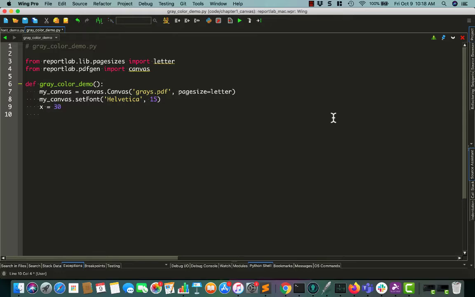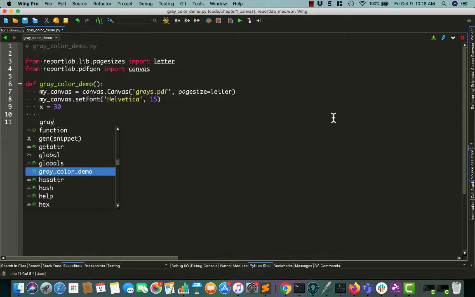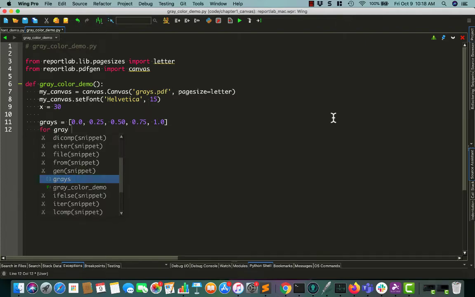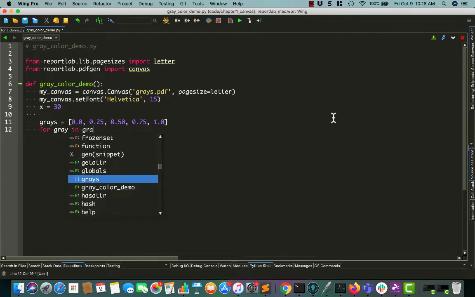Let's continue. So let's set up a list of different types of grays. This is kind of the percentage of gray you want in your document. So we'll just say like 75% gray, fully gray or black. And then we'll loop through these grays. So for gray in grays,